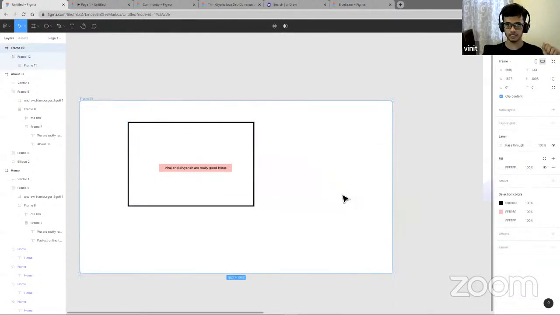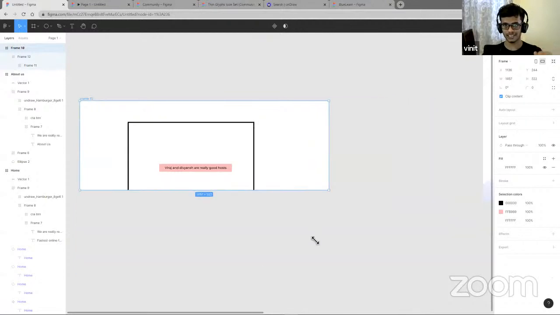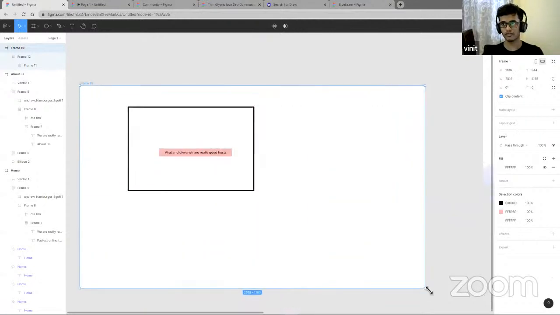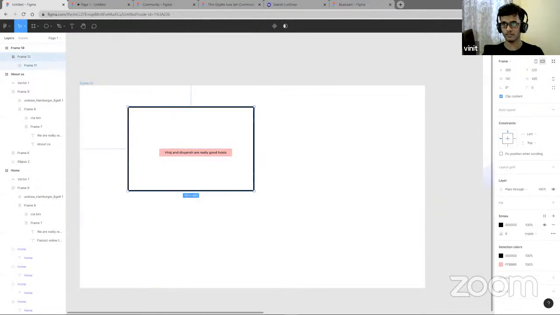What this means is that no matter how much I resize this, it's always going to stick to left and top. But if I set this to be horizontally center and vertically center,